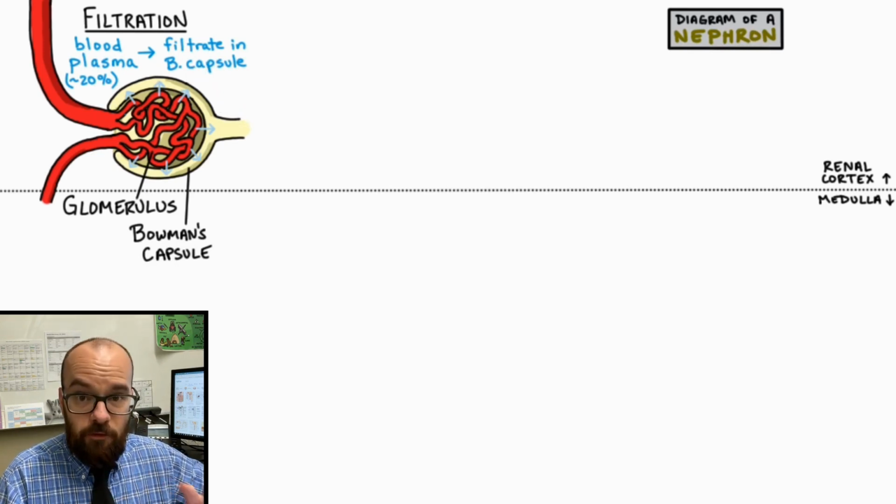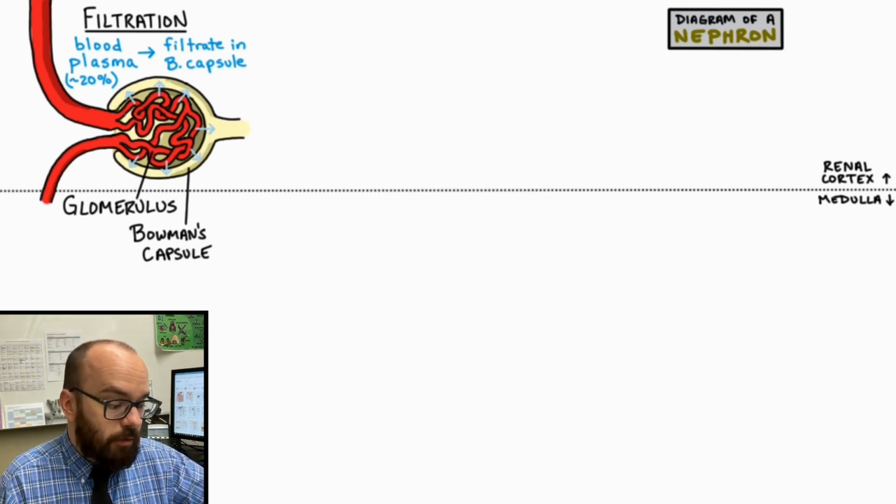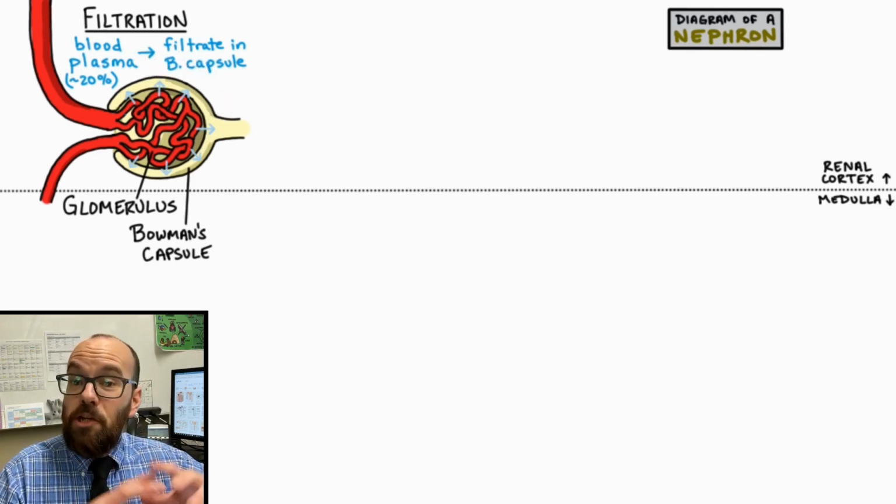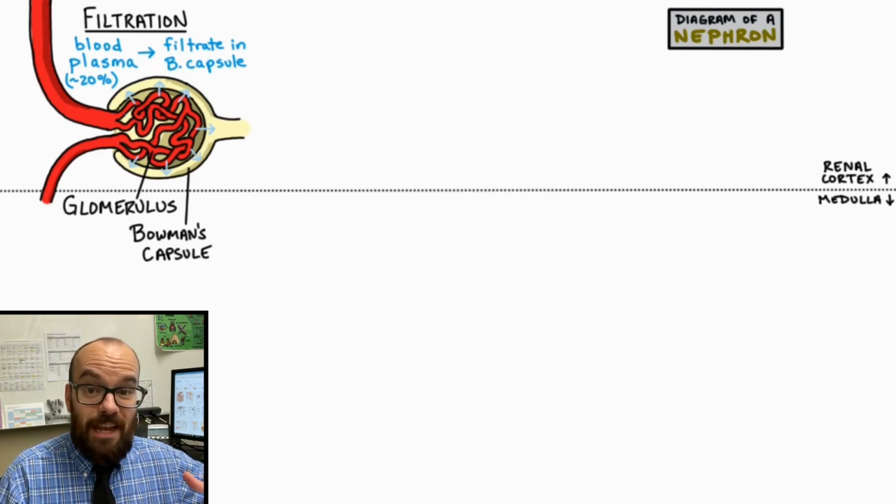So in a period of 24 hours, we're going to filter about 180 liters of our blood plasma through the Bowman's capsule to become filtrate. Now, if we urinated out 180 liters per day, we would get dehydrated super quick and we would not have enough fluid for our bodies to survive. So luckily,